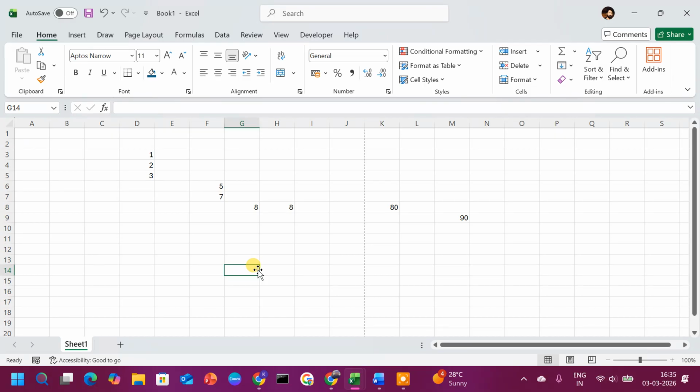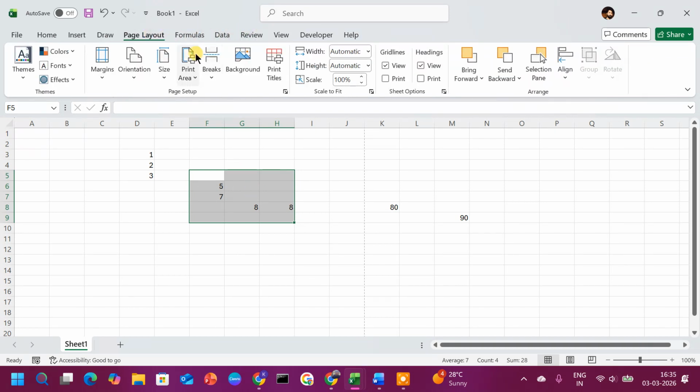Now it's time for a bonus tip. Set print area permanently. If you want to print this area permanently, then select the area, then go to Page Layout. Here you will see Print Area, click on it, then Set Print Area. Now every time whenever you click on